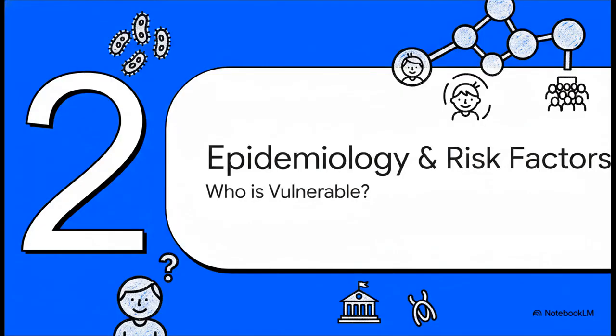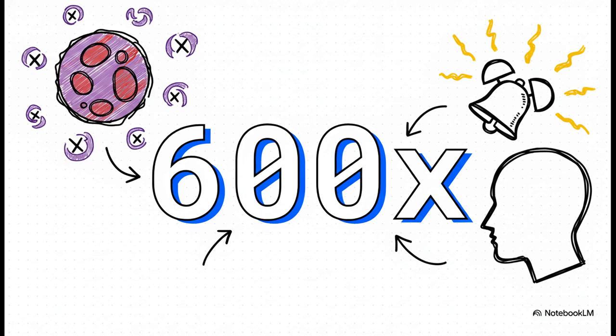Who is vulnerable? Look at this massive number, 600. The crucial takeaway here is that patients with a terminal complement deficiency, specifically C5 through C9, properdin, or factor D, have a 600-fold increased risk of developing this disease. That's huge. You'll also see this massive risk spike in patients being treated with the drug eculizumab. If a clinical vignette mentions a patient with a complement deficiency or recurrent Neisseria infections, alarm bells should be ringing